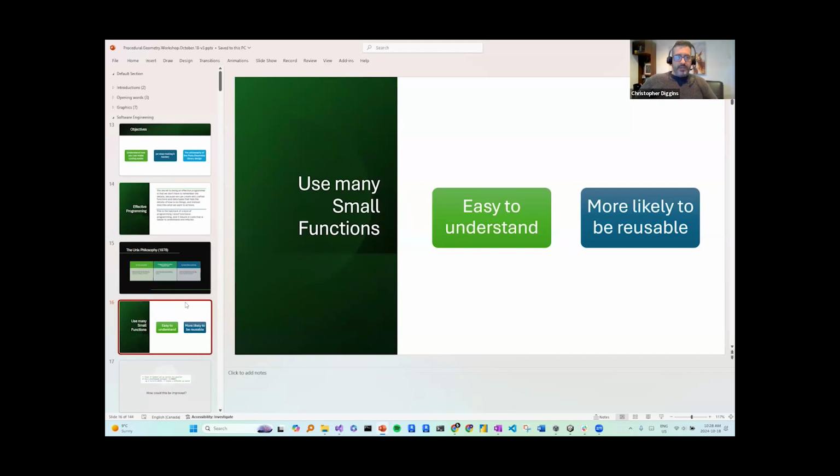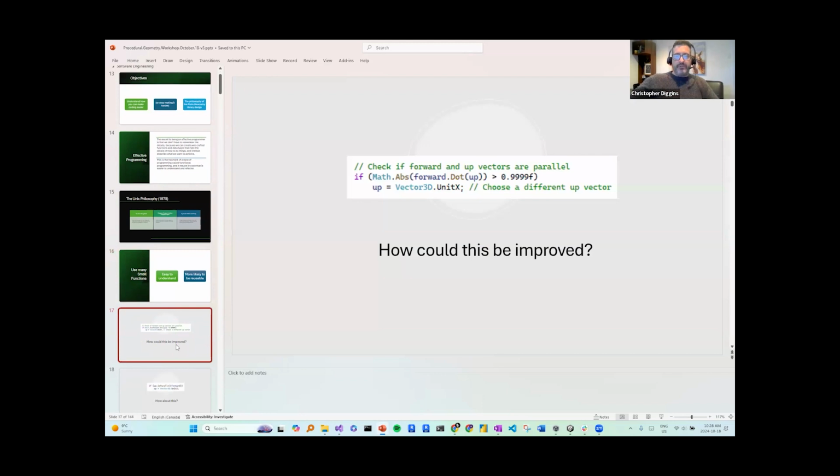So the approach we're using is to use many small functions. They should be easy to understand, relatively speaking, and they're more likely to be reusable. As a concrete example, here's some C# code. This is the type of thing you see pretty typical all over the place. ChatGPT will suggest this type of code, everyone writes it. And this is, for me, what is wrong with